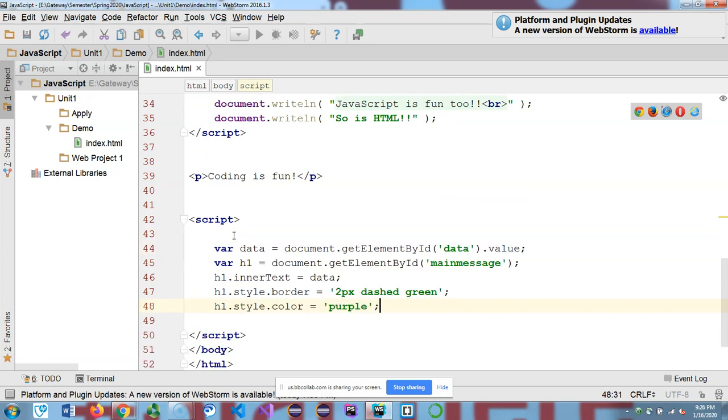Put down here, like that. It will still work. The only thing is that it's not going to wait. It's going to load it and change it right away, right? So if I change, so